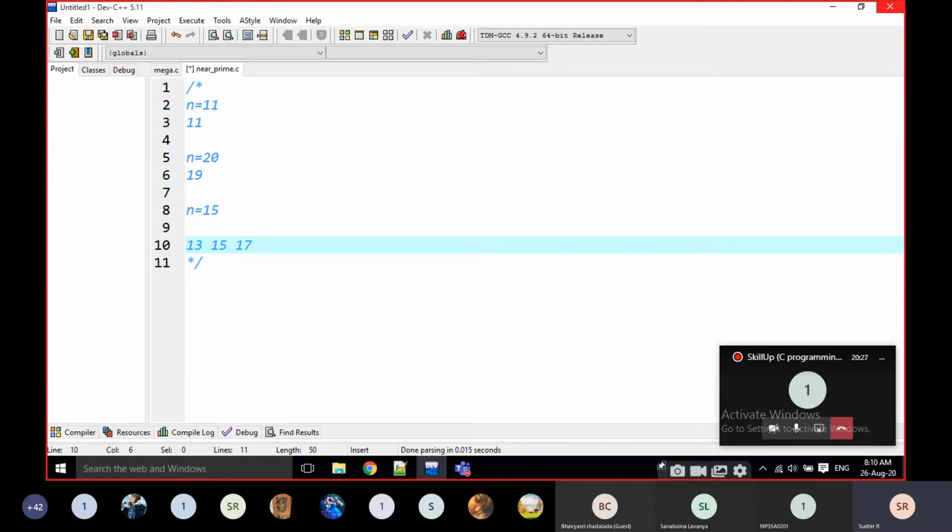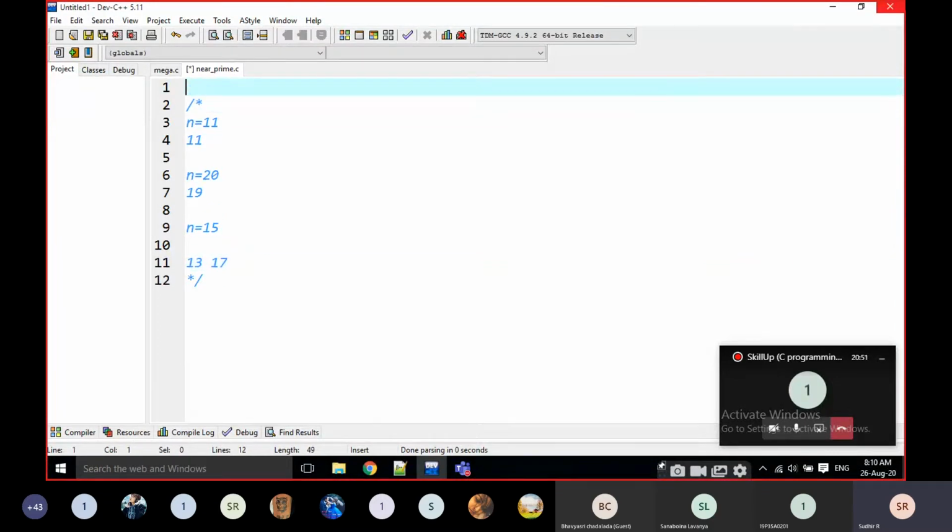What is the closest distance for 15? Here it is 2, and here also 2. In this case, we have to print both the numbers, 13 and 17. That's it. These are the three different cases when we are dealing with the nearest prime.